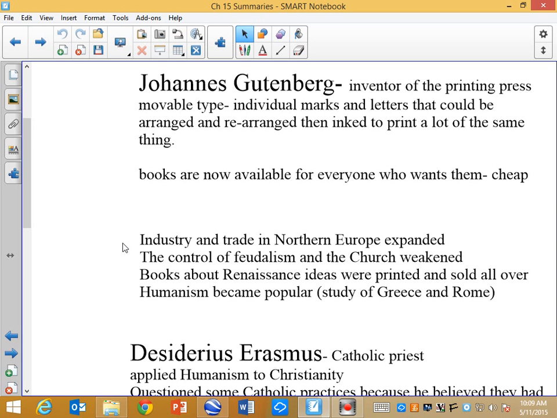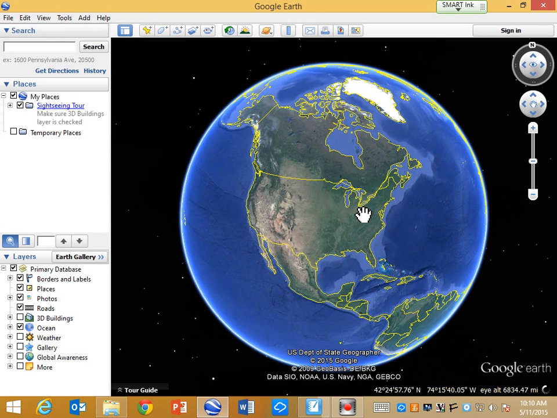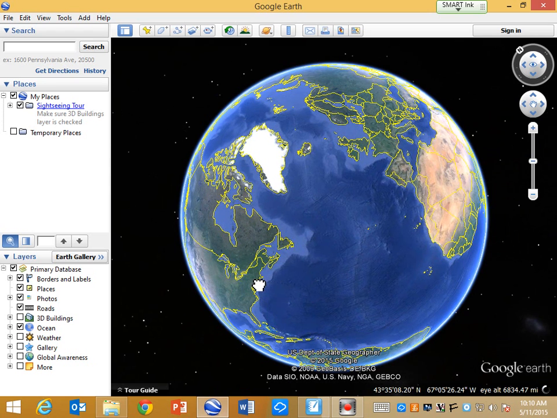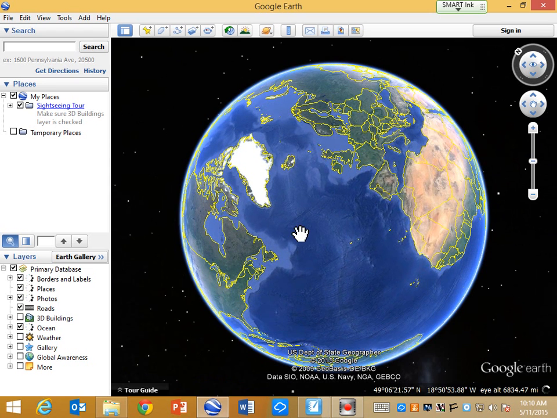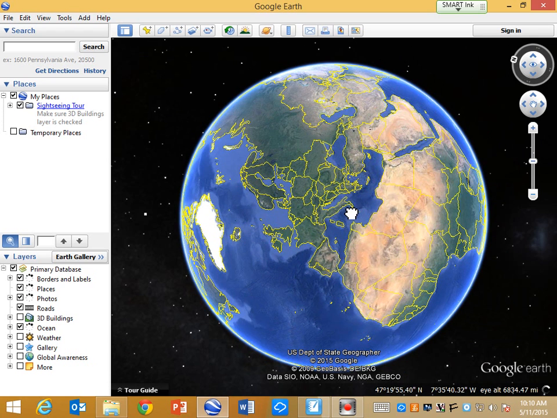As we move on, then how does Renaissance thought spread? What are the conditions that cause that? And so industry and trade in Northern Europe expand. The people of Italy are able to add more trade routes. And so here we're looking, here's us right down here where the hand is, and let's go across a little bit, and in the previous, that Italy, because it sits in the middle of the Mediterranean Sea,